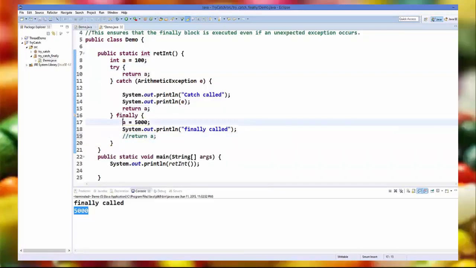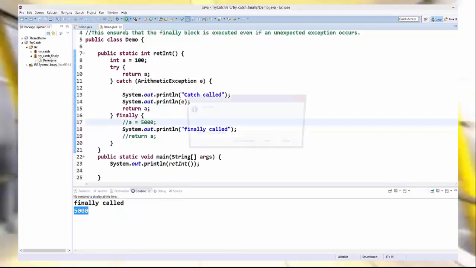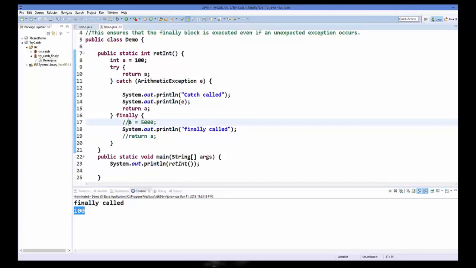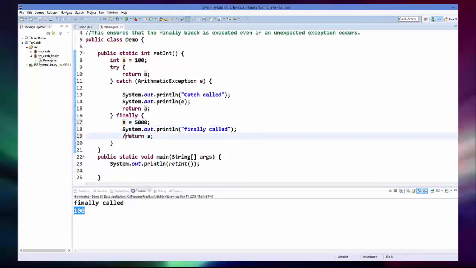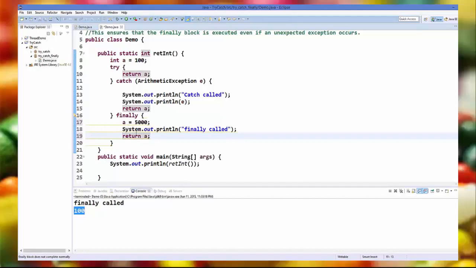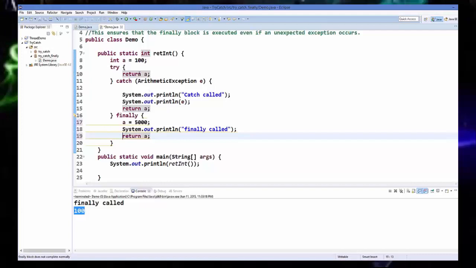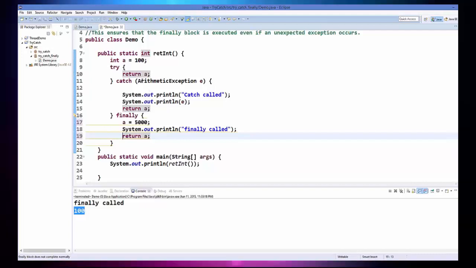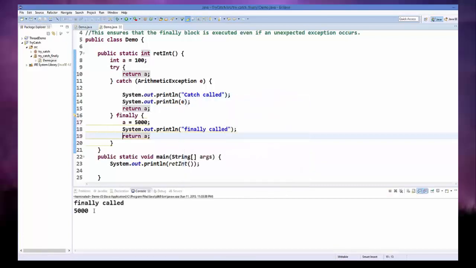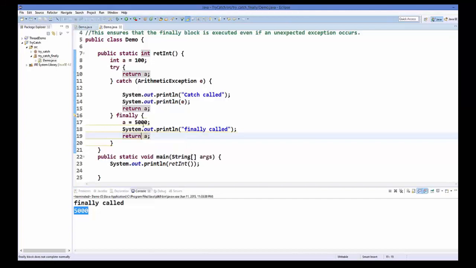So I don't want to return from finally. I will save it and it will return 100 like this. Okay, but when you return from finally and you want to change the value which you want to return in finally, then finally will override your earlier return value, for example 5000. So I will save this and run this and it will return 5000.